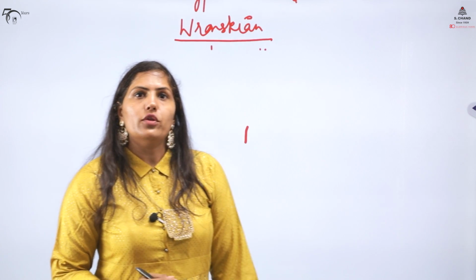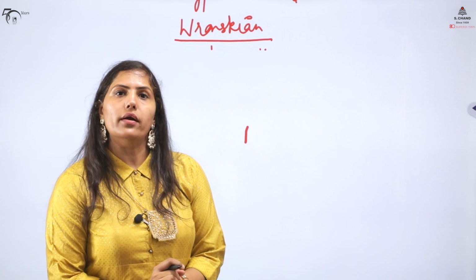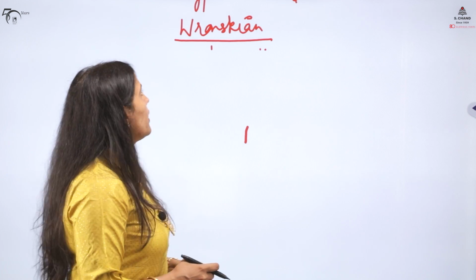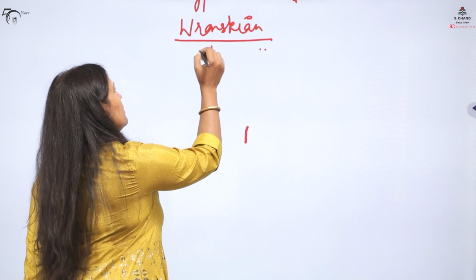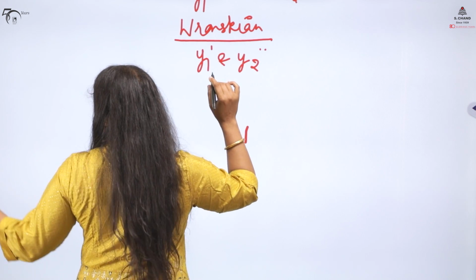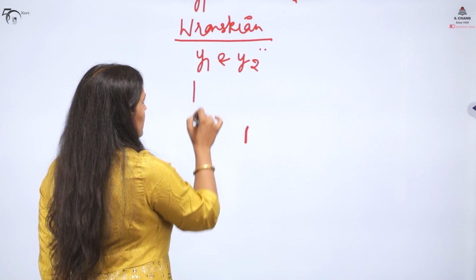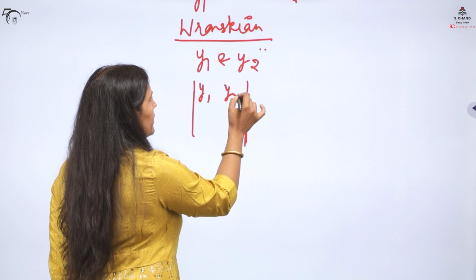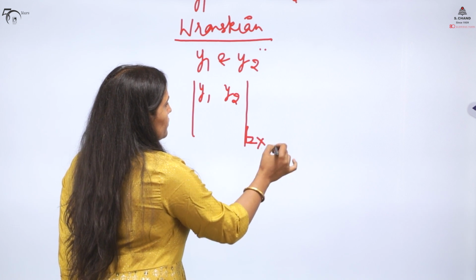So let's start with the Wronskian. Before the break I told you the linear combination definition for checking linear independence and dependence, but the Wronskian is an easier way to check the linear dependence and independence of solutions. Suppose you have two solutions, y1 and y2. How do we write the Wronskian for the two solutions? It will be a 2 by 2 determinant, first row